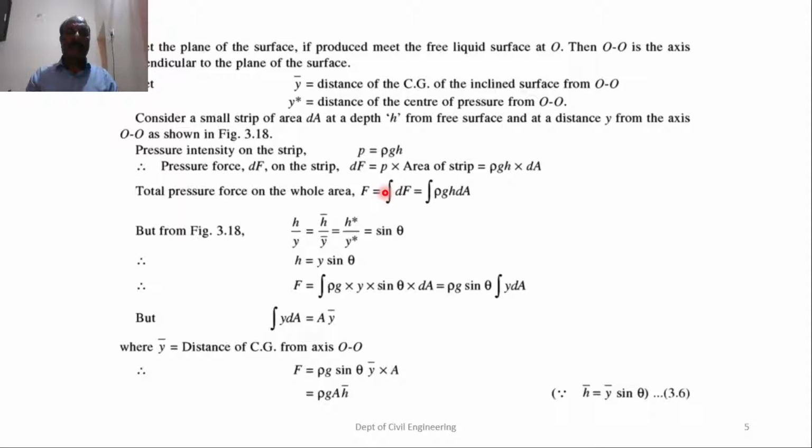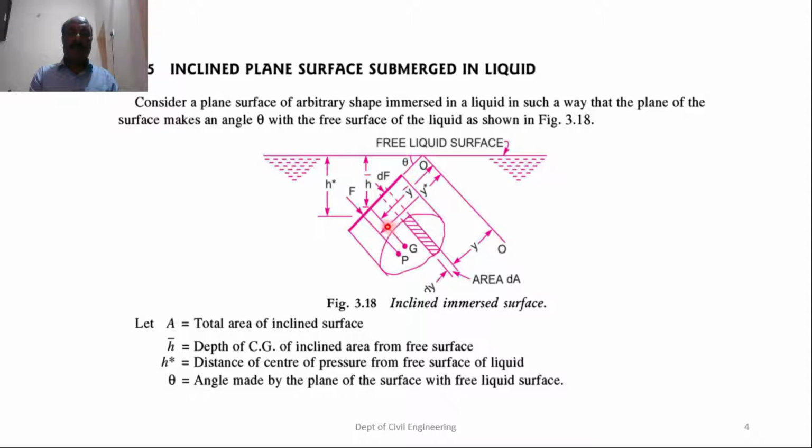Pressure intensity on the strip is P equal to rho g h. Pressure force dF is pressure into area, so rho g h into dA. Integration of dF is rho g h into dA. So here h by y, h bar by y bar, and h star by y star are equal to